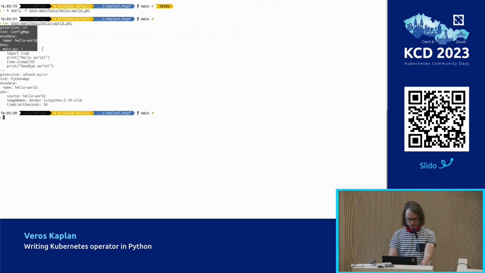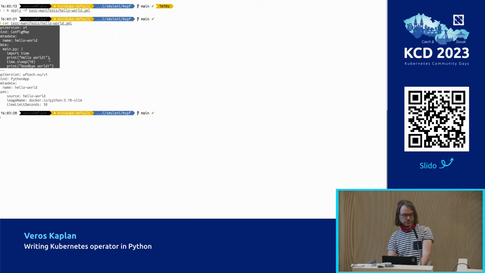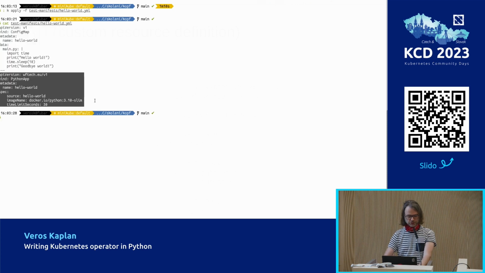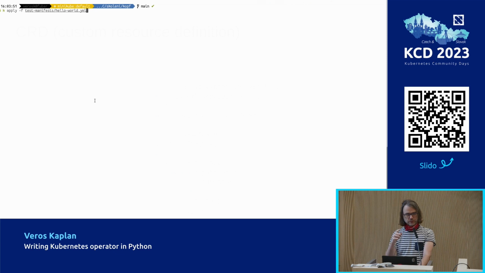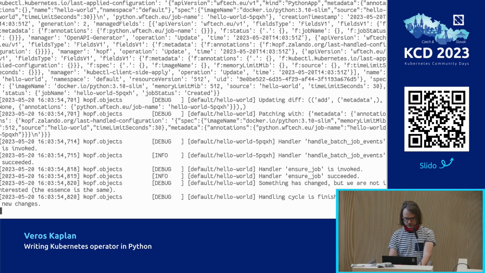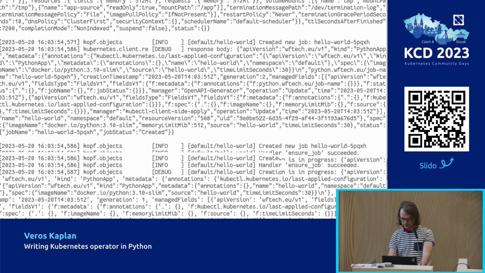There is a config map with just a small script which says hello world, sleeps for 10 seconds, and then it says goodbye world. And then there is an object Python app which is doing all the magic. So create kube control. Now I'm starting the hello world, and you can see that the Kopf operator